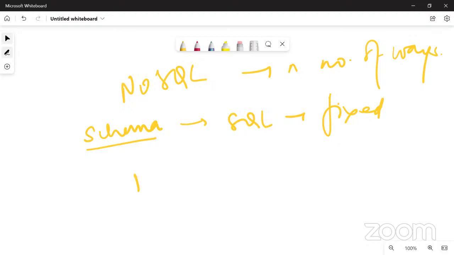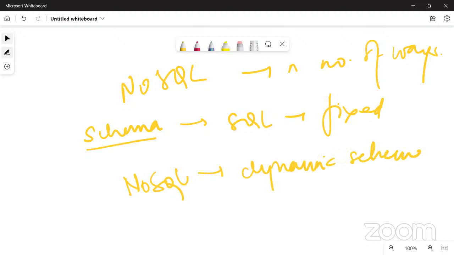In turn, considering NoSQL, it follows a dynamic schema for unstructured data, because here the data could be of any type: structured, unstructured, the blob kind, it could be anything. Since it does not require a predefined structure, modifications are easier to execute here. Therefore, NoSQL has greater flexibility. Sometimes the flexibility may also compromise the reliability, despite the advantages. That has to be taken care of when you're starting with it.